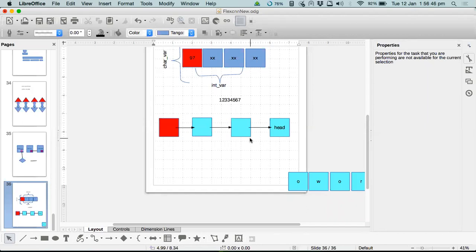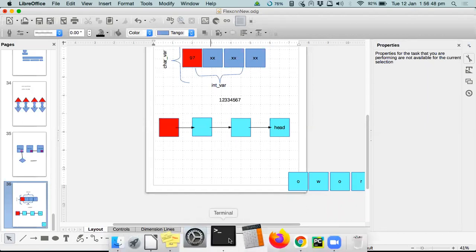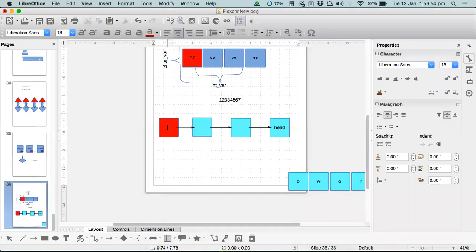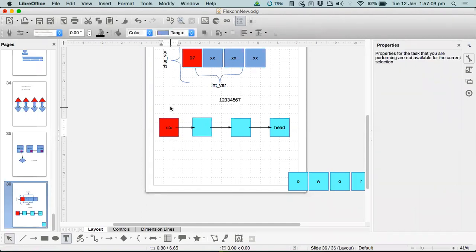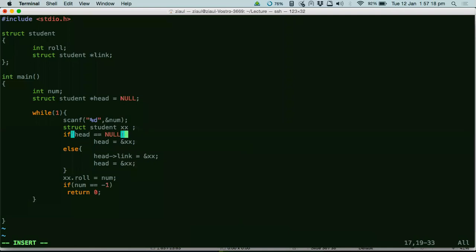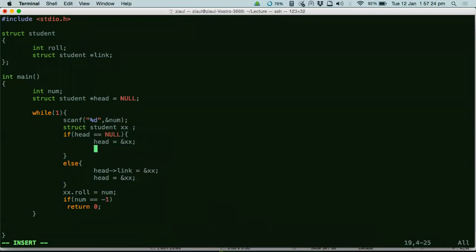Okay, so that's why we need a static pointer, not static pointer as in we need a pointer that does not move. Okay, so let's call that pointer, what should I call it? STX. Let's call it STX. So you keep this pointer pointing to the very first XX. That's it. You don't move STX after that. What I'm trying to tell you here is you do this. Because at the end of the 4th iteration, head would have moved to the very end, right? There is no way for me to start from the very beginning again.